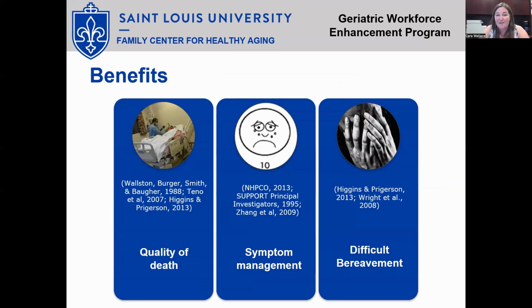Finally, I want to talk a little bit about the benefits of this type of care. When I was a doctoral student, I was doing research about the timing of hospice care. And I had a committee member that asked me, but why would anyone ever want to be on hospice longer, right? Or why would anybody choose this type of care? But the answer for why someone would choose hospice or palliative care is actually really simple, because research has shown over and over again that hospice and palliative care improve symptom management, they improve quality of life, they improve quality of the dying experience for the patient and for the family,